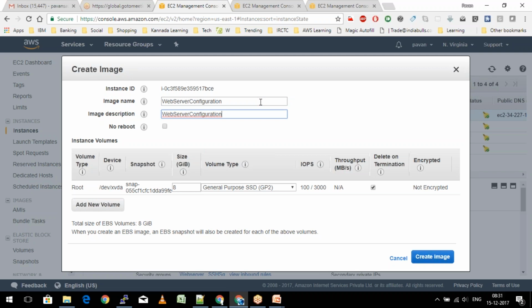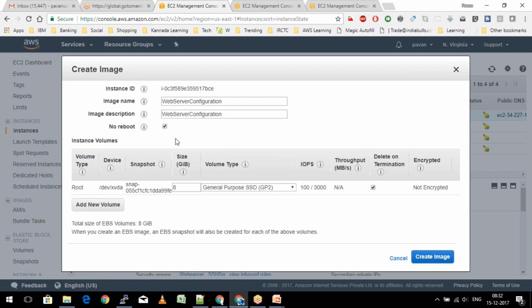And then you have one more option which says no reboot. Now what does this option mean here? If I go ahead and click on create AMI and check this option as well, it means my server will still be up and running for the end users, and while the server is running, it is going to create an image.